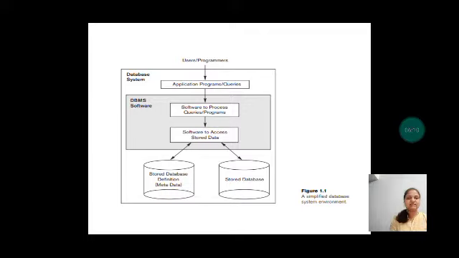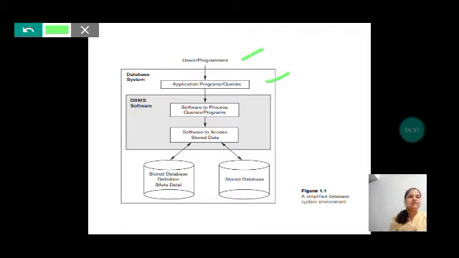Now just see this diagram. What we have in this diagram is a simplified database system environment. Here we have user programs, and then the database system, this complete rectangle box is a database system. Inside it we have application programs and queries, and DBMS software.